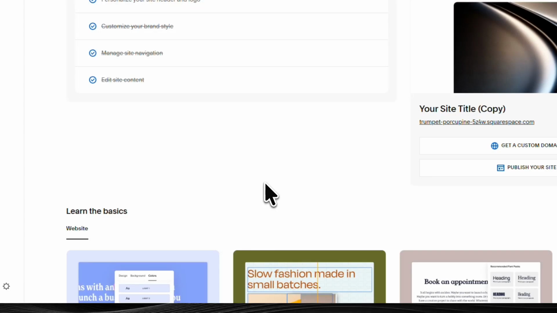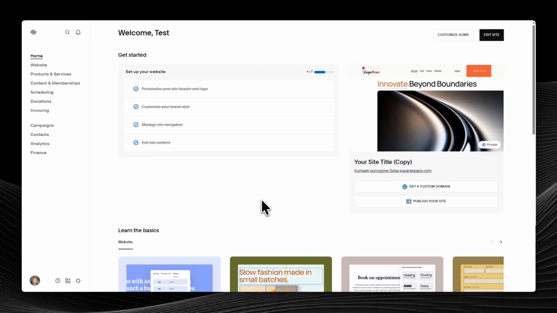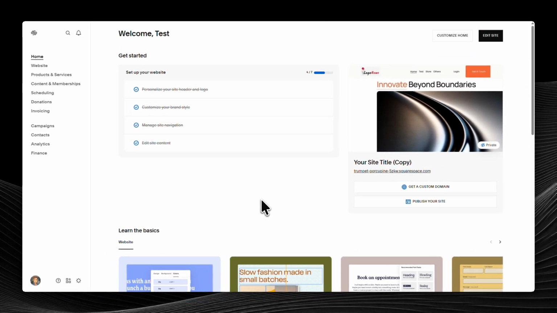In today's video, I'm going to teach you how to make a section smaller on Squarespace. If your page feels a little too tall or there's extra space that doesn't serve your content, trimming a section's height is quick and precise. We'll walk through it together so you know exactly what to look for and how to get consistent results across